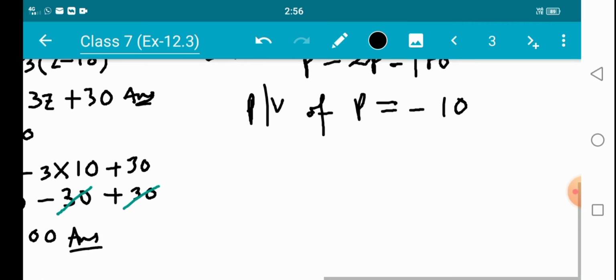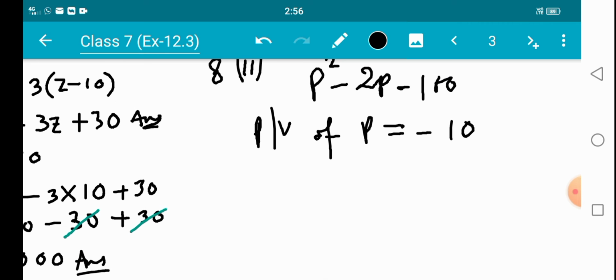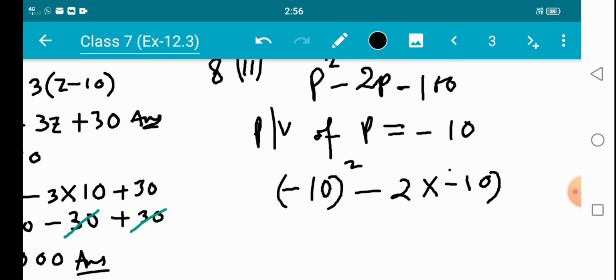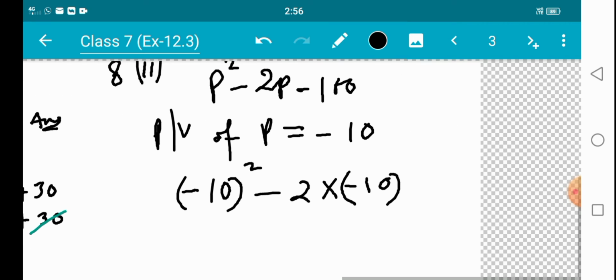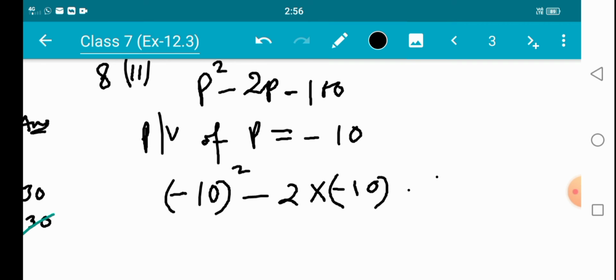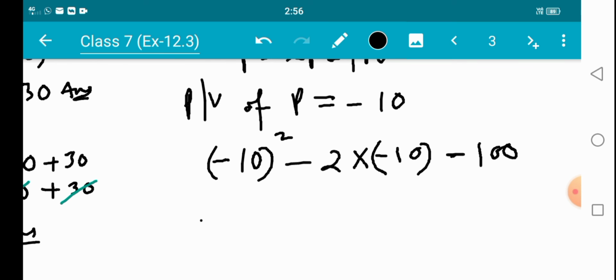What we will get now? P square minus 2p. So instead of p, I am writing minus 10 square minus 2 into minus 10, because 2p, p's value is minus 10, and then minus 100. So after putting the value, now we have to